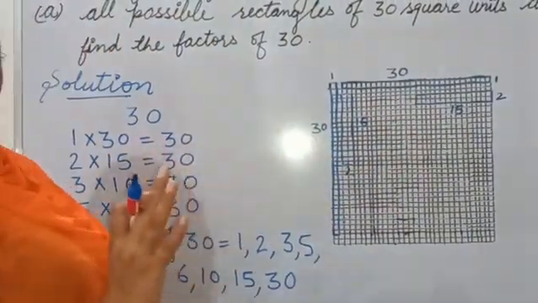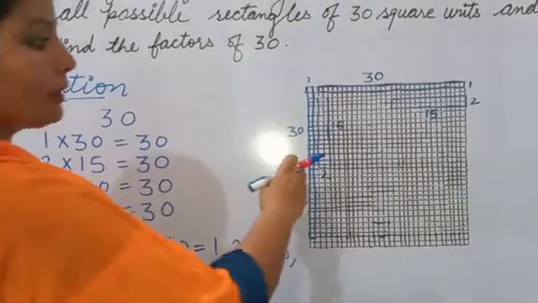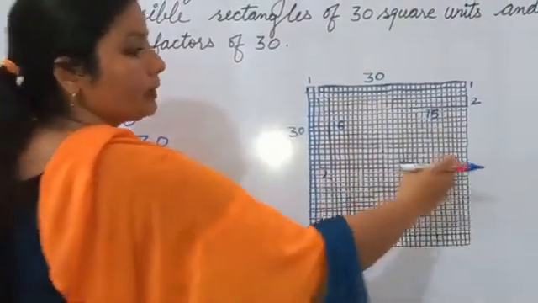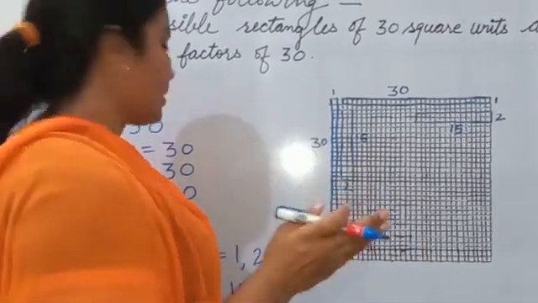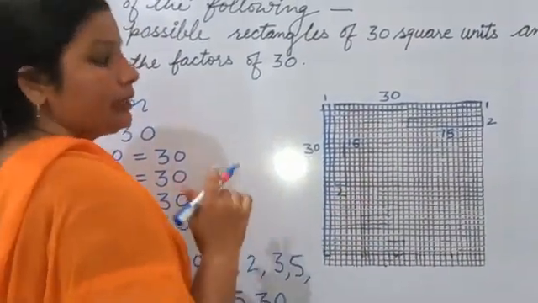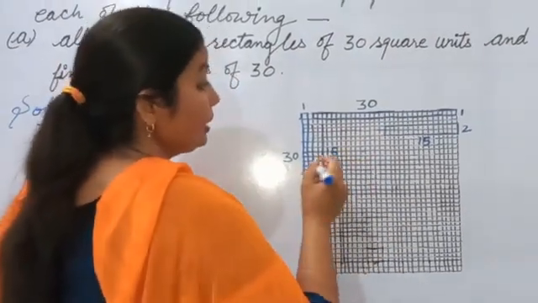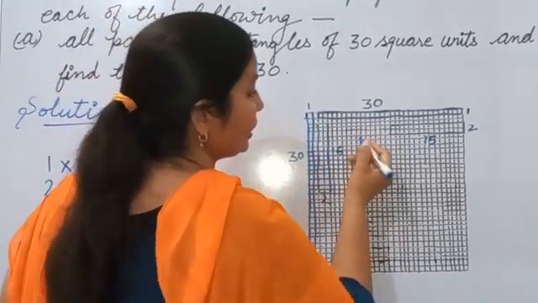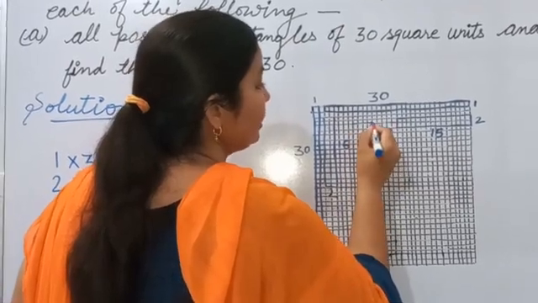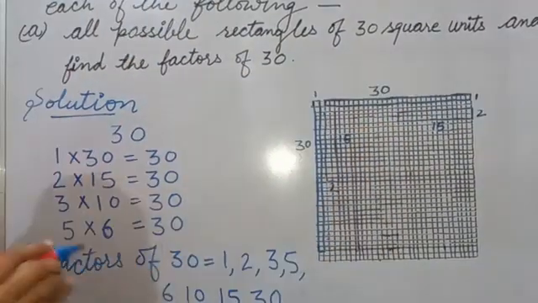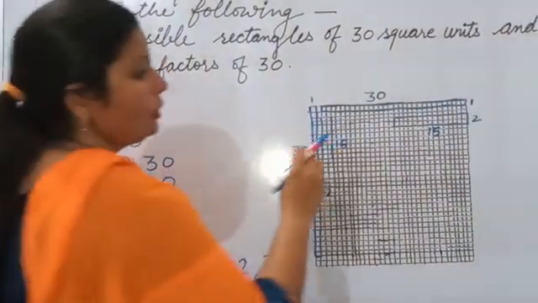आप कहीं पे भी बना सकते हो. It is not necessary कि मैंने यहाँ से बनाया तो आप नीचे भी बना सकते हो. आप इधर भी बना सकते हो. As your wish. You can make on any place. So now 3 by 10. So 3 we will take here. Here we can take 1, 2, 3. So 3 by 10. Now we will take 10 boxes downside.